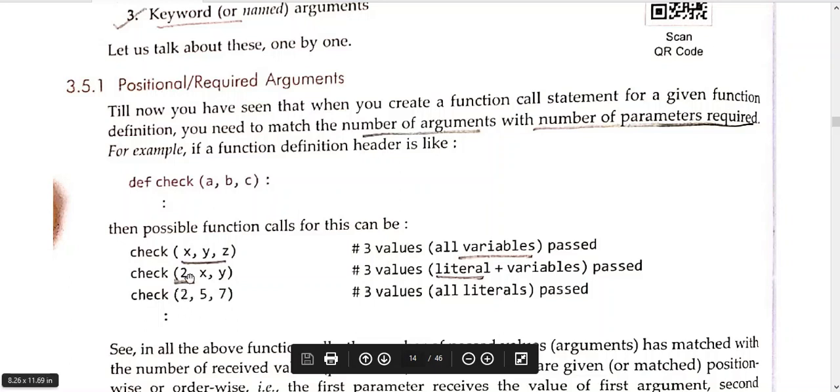Then I can write A is equals to 2. So it is totally my choice. If I do not mention names in the function call, then obviously it will use the positional concept. But if I write names like B is equals to 2, C is equals to 3, then there is no confusion at all, and you can change the order as well.